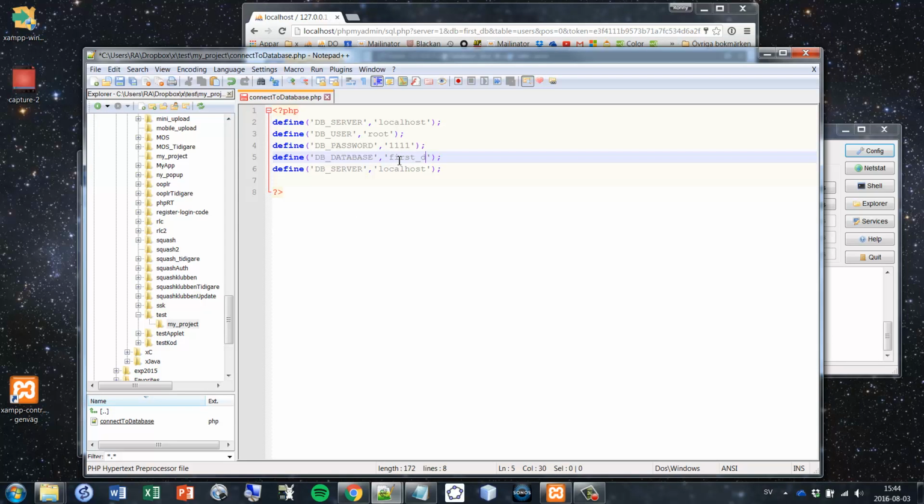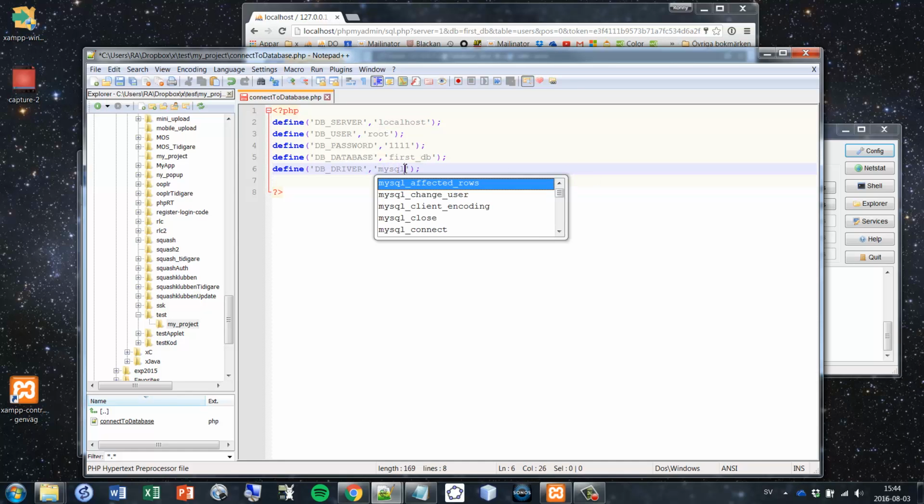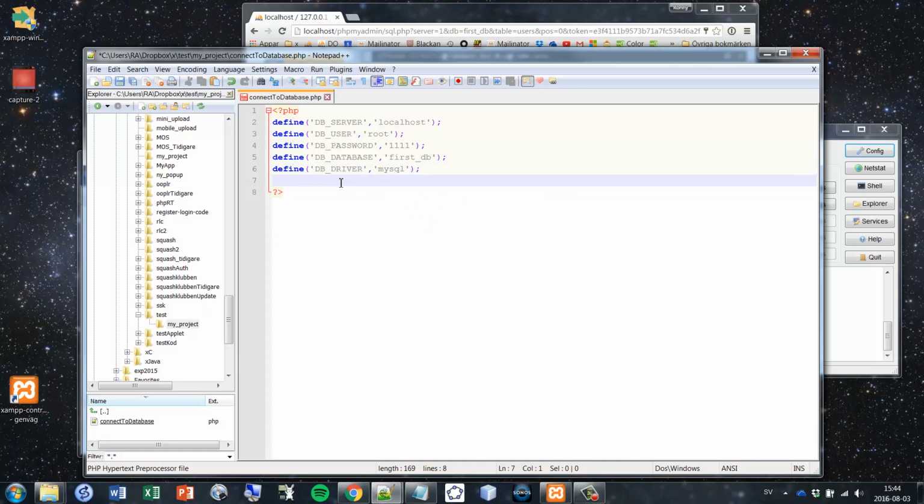First DB. And the last one is the host, or the driver, I mean. So the driver is mysql. That's what we use. So we got our variables, and now we want to connect to the database, and that's how we do this, by doing the following. So we have a variable called db, and it's equal